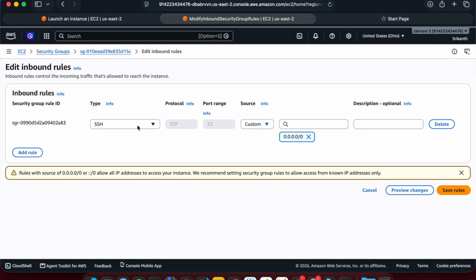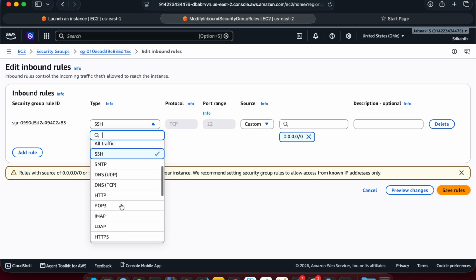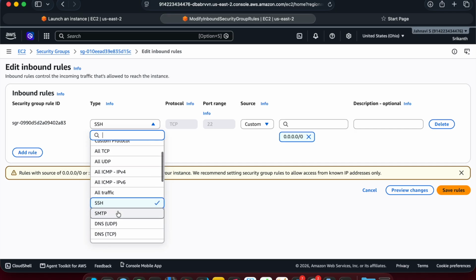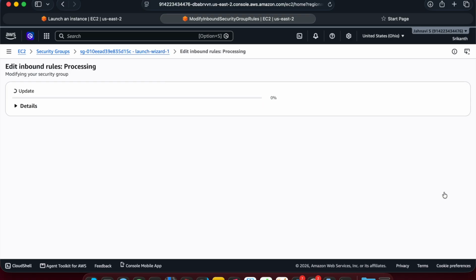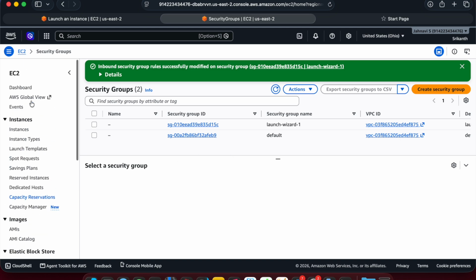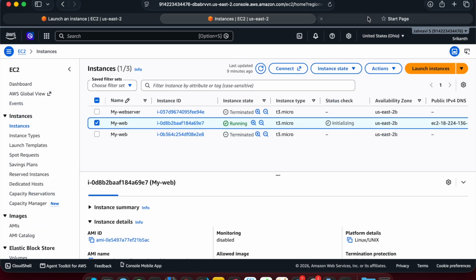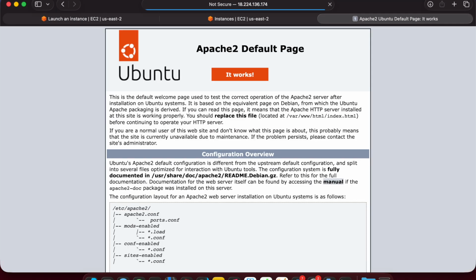Here instead of SSH we have to give HTTP as we are using our web, and here we have to select IPv4 as we are using that public IP address. And after doing this, let us run this once again. So it works. This is how we are gonna